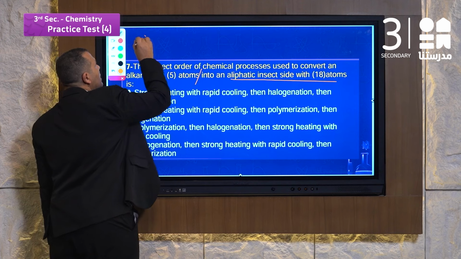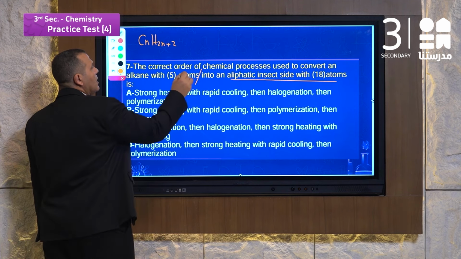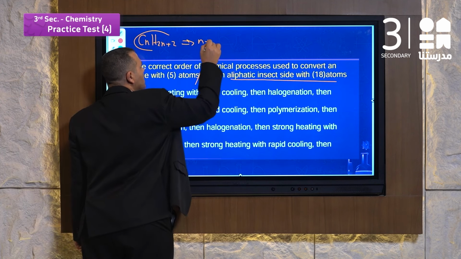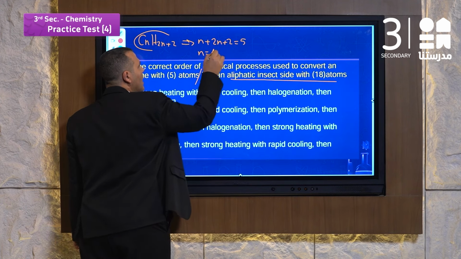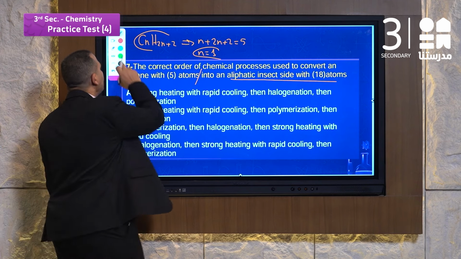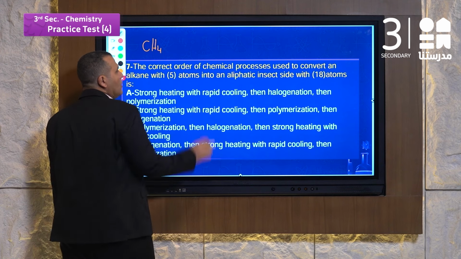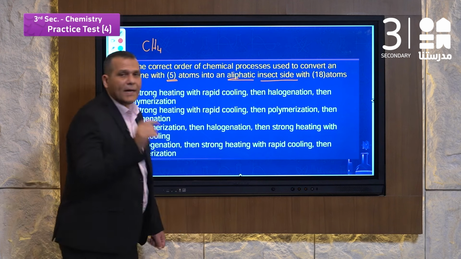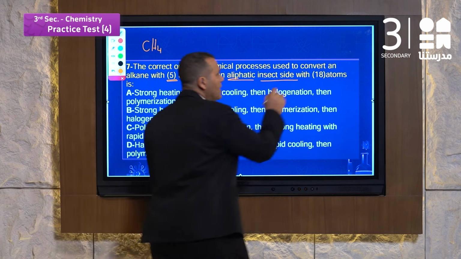From the general molecular formula of alkanes, 1 mole contains 5 atoms, so n plus 2n plus 2 equals 5. n equals 1. The alkane contains 1 carbon atom, methane. So we want to start from methane, CH4, to obtain an aliphatic insecticide. We only studied one aliphatic insecticide, which is gammexane,